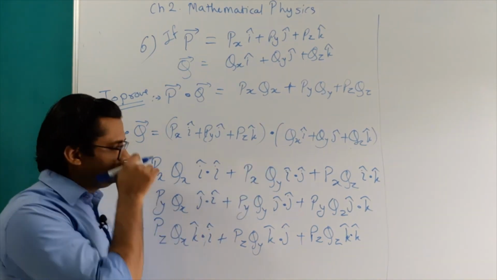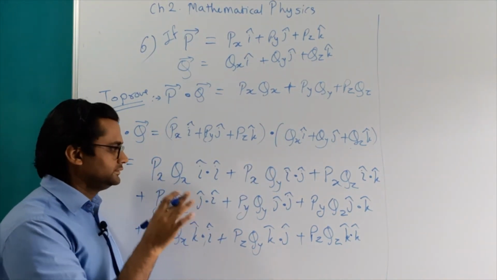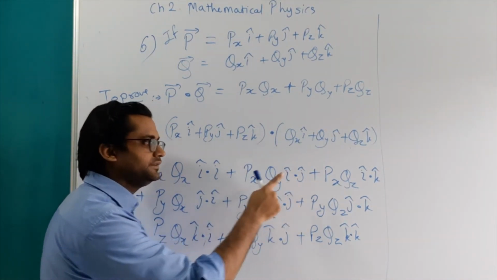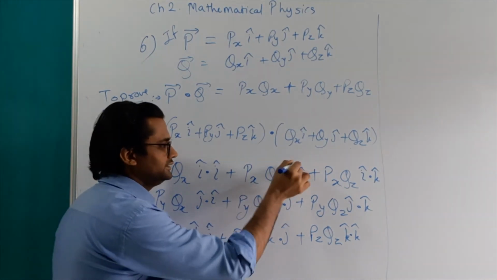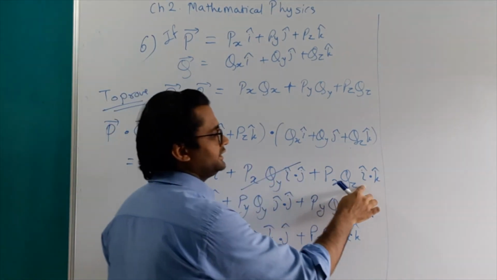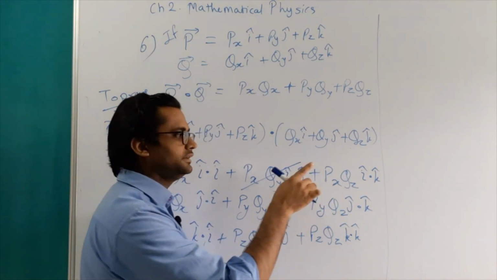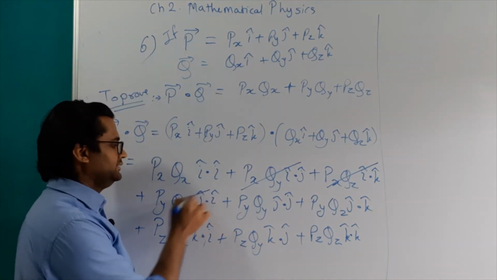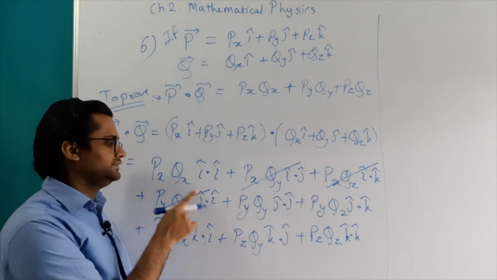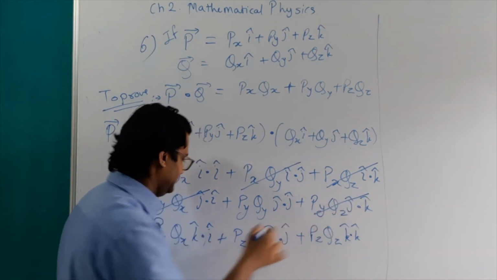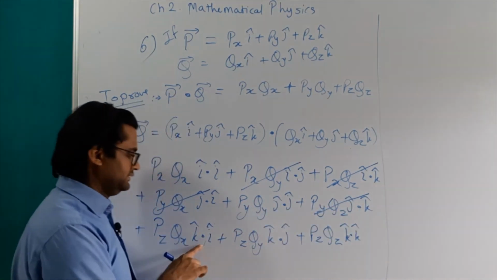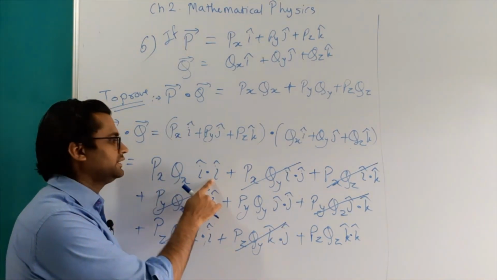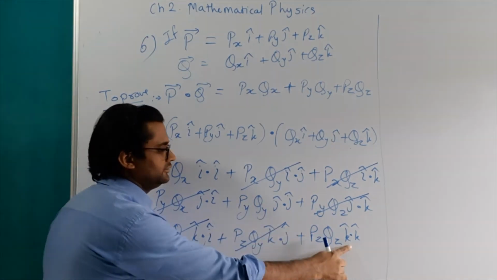Now if we look at our concepts, since i and j are perpendicular, we already know that i dot j is 0, so this term will be 0. i dot k, i and k are also perpendicular, the x and z axes are perpendicular, so this will again be 0. j dot i will be 0, since we know that i dot j is 0. j dot k is 0, since these vectors are perpendicular, k dot i is 0, k dot j is 0. And what is the value of i dot i? i dot i is 1, j dot j is 1 and k dot k is 1.